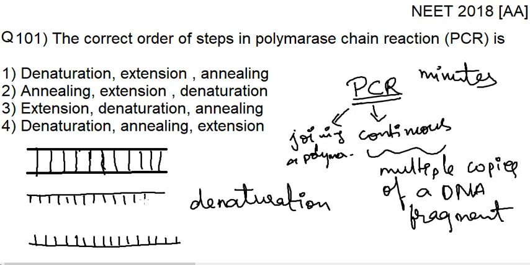Now can you see that both are separated? Why is separation important? Unless you separate the DNA strands, how can you read the information? Here the information is present in the form of nitrogenous bases. Unless you separate the DNA, it is impossible to read this information. So first you have to separate the DNA strands. That is known as denaturation, because you are denaturing the structure of the DNA.